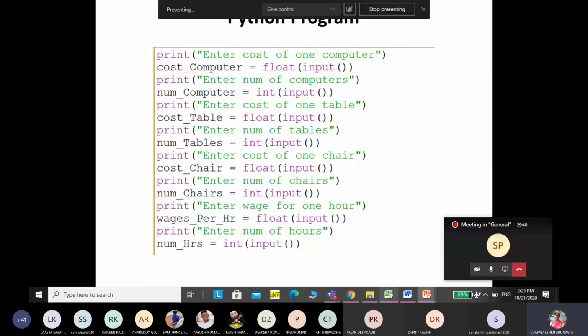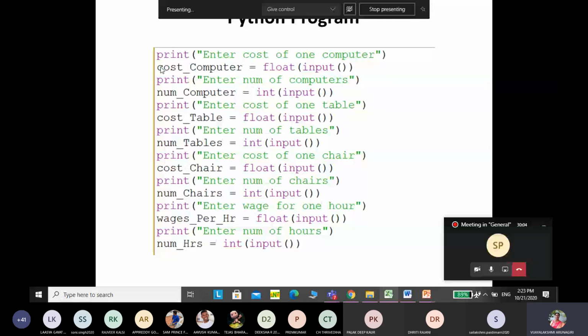In the initially, which variable you are using, same variable up to the end you have to use. If you are changing that, if you are giving any extra character or any space, or if you are changing the case from lowercase into uppercase, then Python won't recognize. You should be very careful when you are using the variable or identifier.